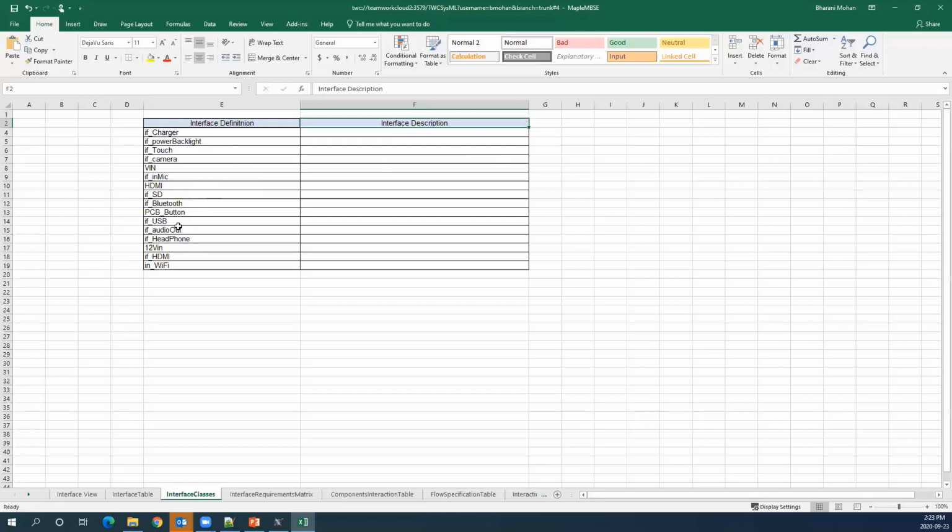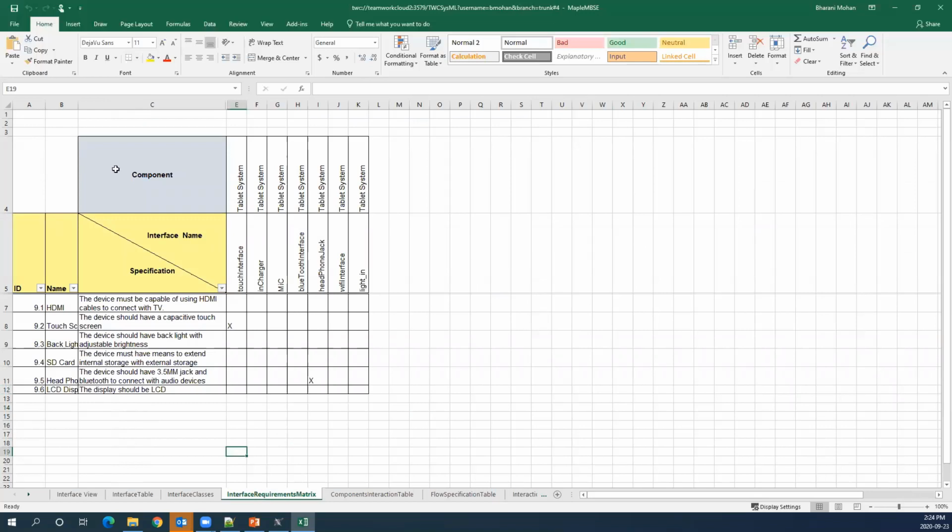For example, say it's for the USB interface, and I want to add a description saying that the USB interface should be type C. So something like a comment or a description for that interface. The user would also be able to add new interfaces here, add a description, and save it to the model.